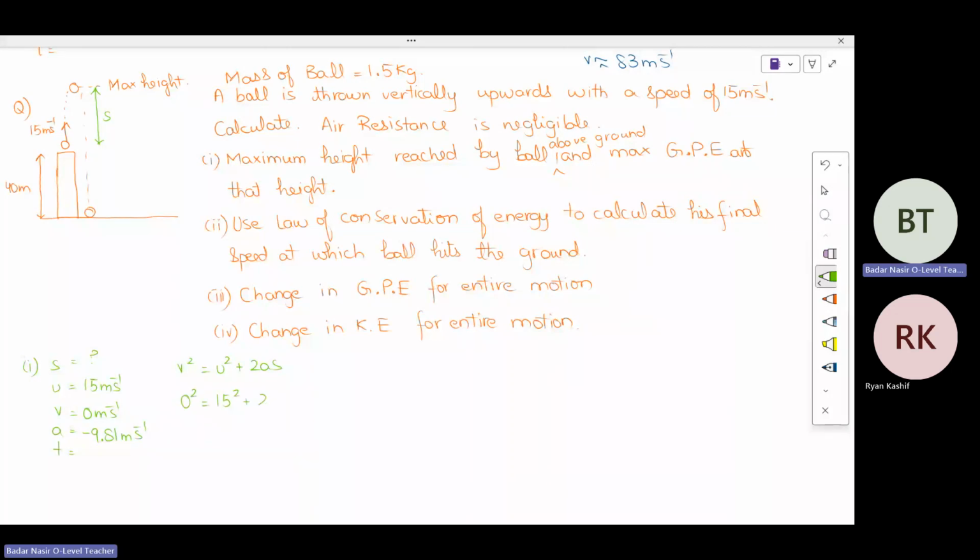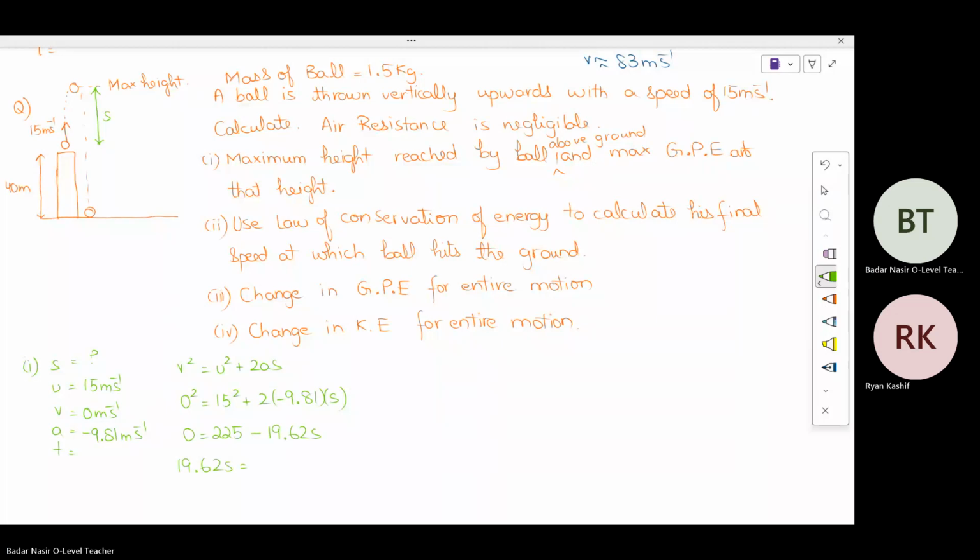u is 15 का square, 2 times minus 9.81, and the displacement is to be found. So that gives us 15 का square will be, ये please calculate करो और मुझे final answer बता दो आप लोग। I'll write down the final answer. 205.3 हो जाएगा।